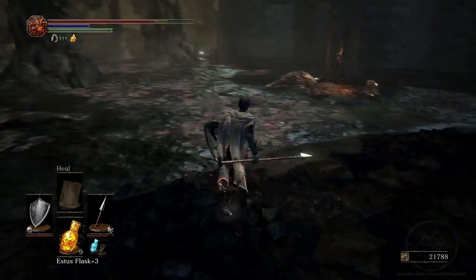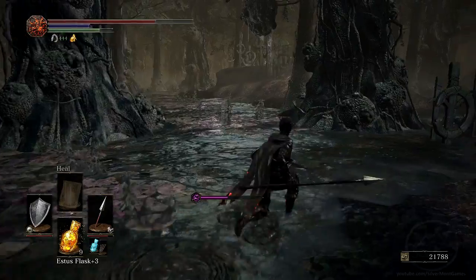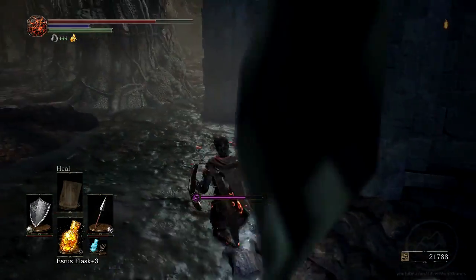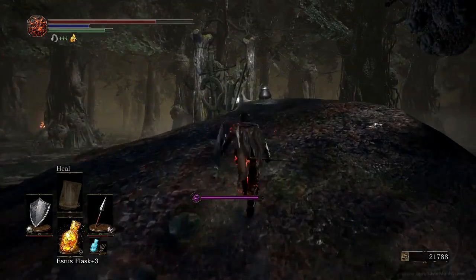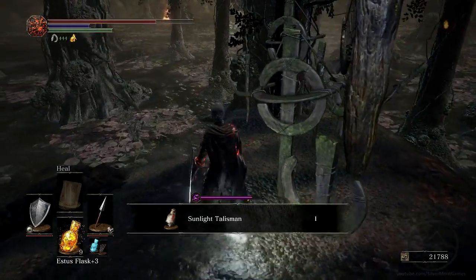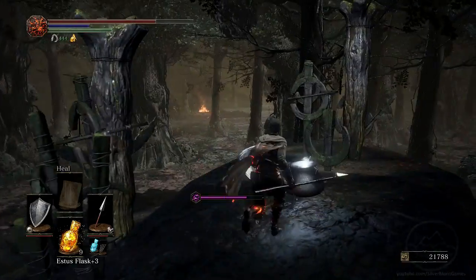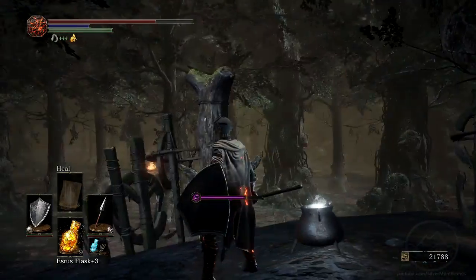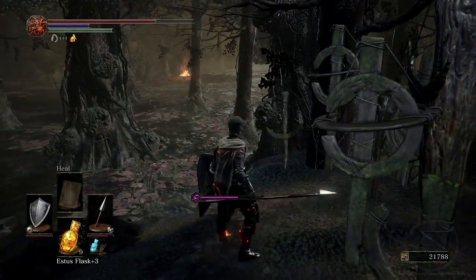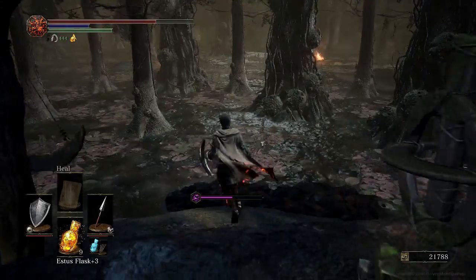The Wolf of Farron. Which is probably associated with... what's his face? Sif. Probably, because, I mean, you know, they're both giant dogs. Estus Soup. And a Sunlight Talisman. I like that. Makes you wonder. This is like the sort of place you would find Solaire, isn't it? In a weird-ass swamp drinking Estus Soup. Of course, we didn't find Solaire. All we found was his